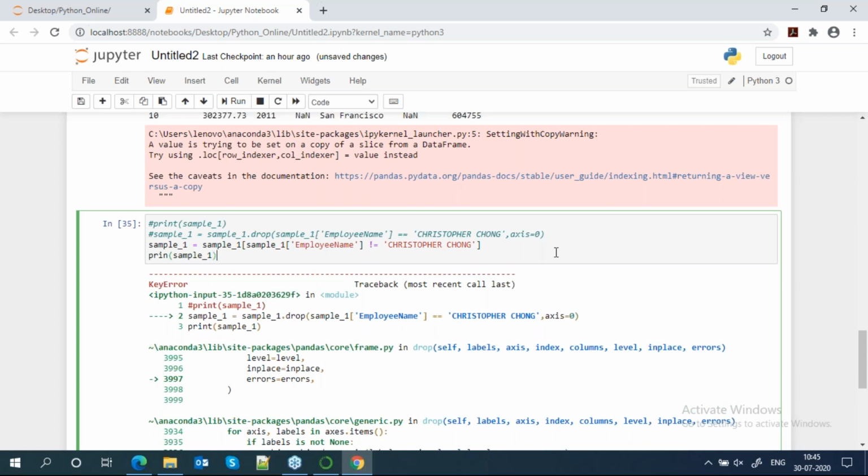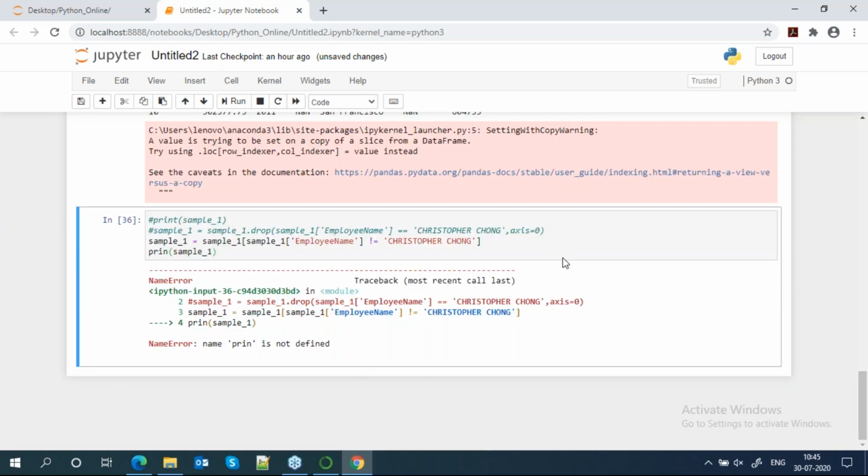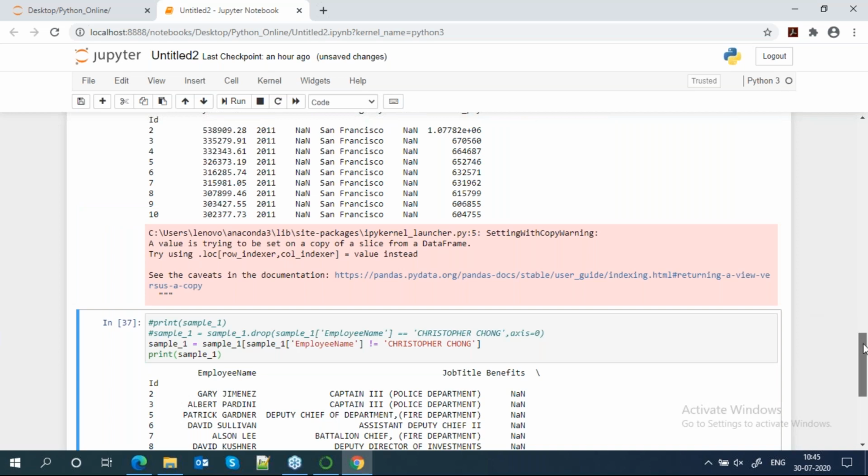Okay, this is another way. My square bracket profile. Print. Okay, you can see that this is also another way.